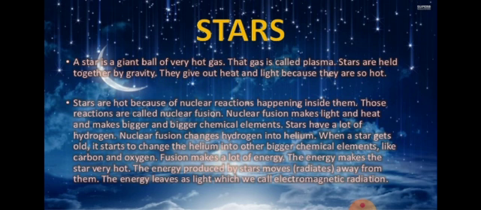The heat and light of a star is produced by the nuclear fusion reaction that is taking place inside them all the time. In these fusion reactions, the hydrogen that is present in the stars gets converted into helium with the release of a tremendous amount of heat and light. The stars are very large objects having the shape of a ball. They are much bigger than our Earth. Stars appear to be small because they are very far away from us. So this is about the stars that we discussed in the previous part of this chapter, but again I have reminded you of all the points.